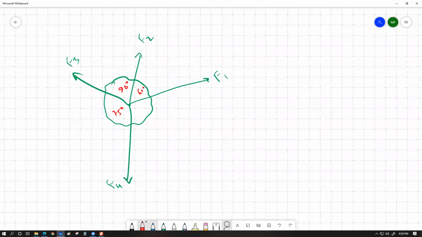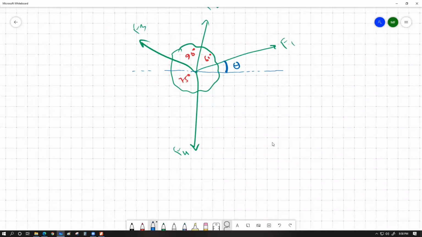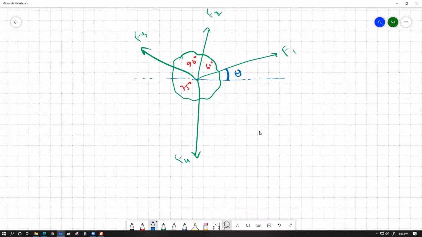What we simply have to do is just draw up a horizontal line through the center of gravity of the object or the working point of all the forces and measure up this angle. মনে করো তোমার এই অ্যাঙ্গেলটা যদি প্রোট্রাক্টর দিয়ে ফিজিক্যালি মেজার করবা, মনে করো সেই অ্যাঙ্গেলটা হচ্ছে থিটা. আমি জানি না এটা কতটুকু ডিগ্রি অ্যাঙ্গেলে টিল্ট করা আছে, বাট মনে করো তোমার এই অ্যাঙ্গেলটা আসলে থিটা. এখন তুমি এই থিটা অ্যাঙ্গেল ইউজ করে বাকি পুরো ইকুয়েশন আবার ডেভেলপ করতে পারবা. কিভাবে ডেভেলপ করবা? For example in this case that is going to look somewhat like this, let me write this